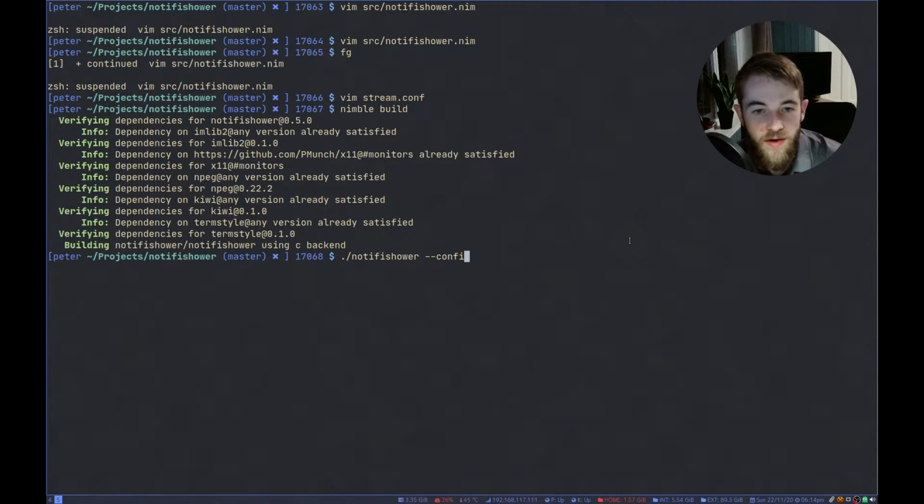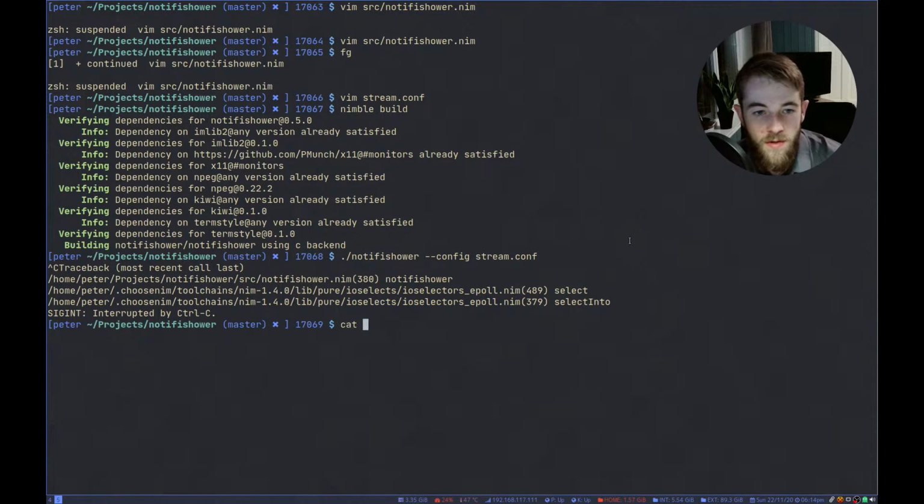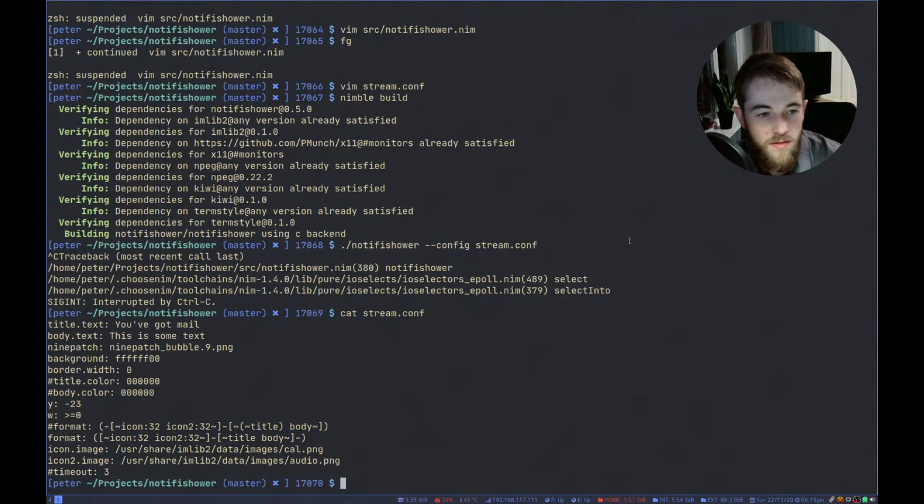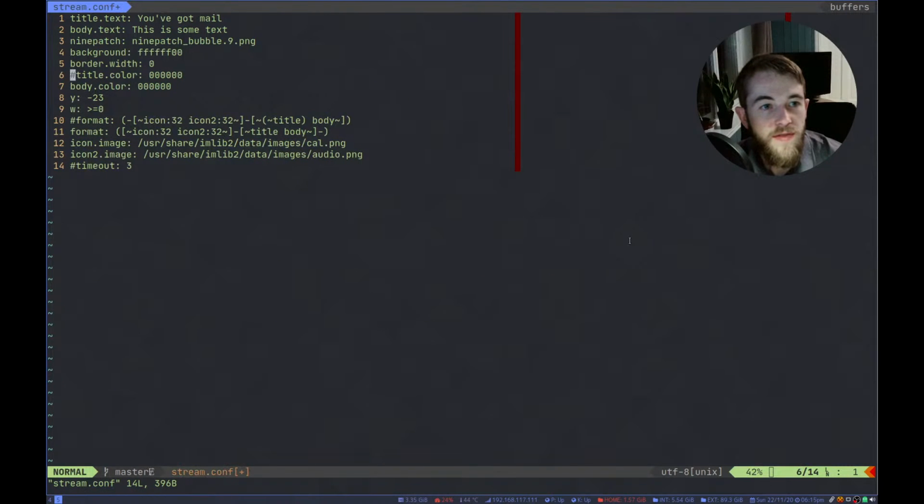Notifier with our config here, and let's just set these colors.